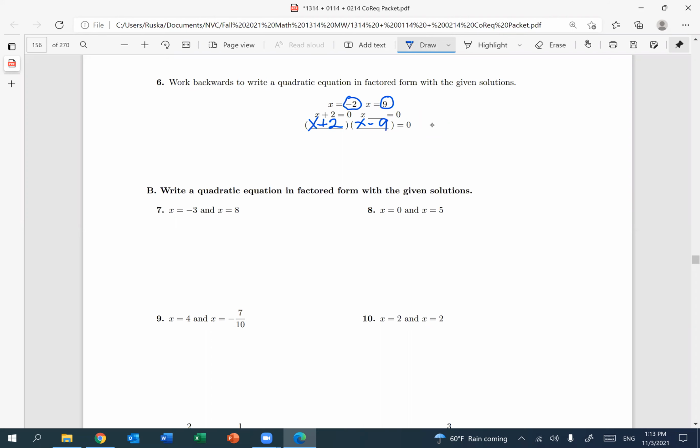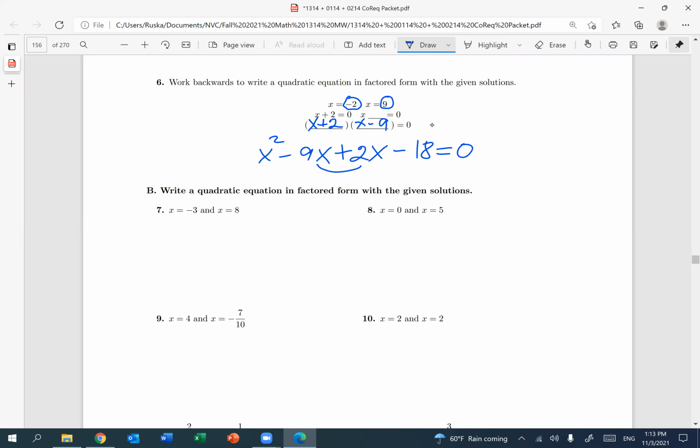So when you FOIL, you multiply. X times x is x squared. X times -9 is -9x. 2 times x is plus 2x, minus 18 equals 0. So this is the quadratic equation. We just have to combine the x's. So the actual quadratic equation here